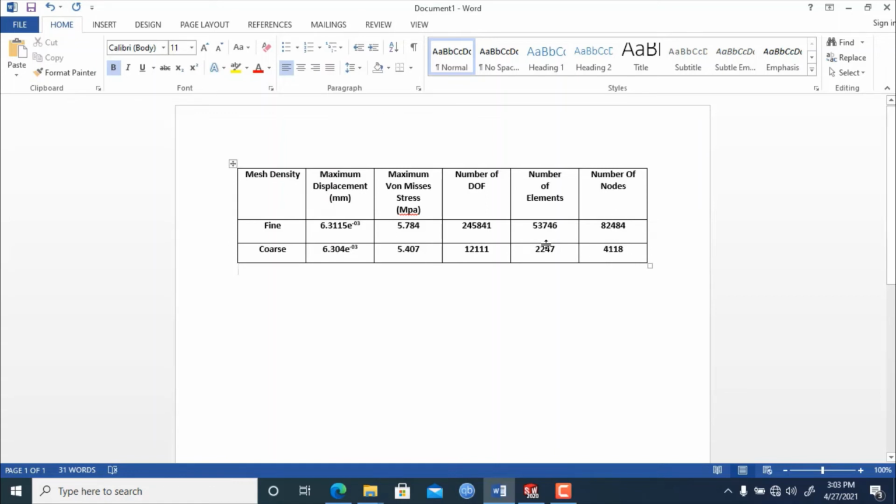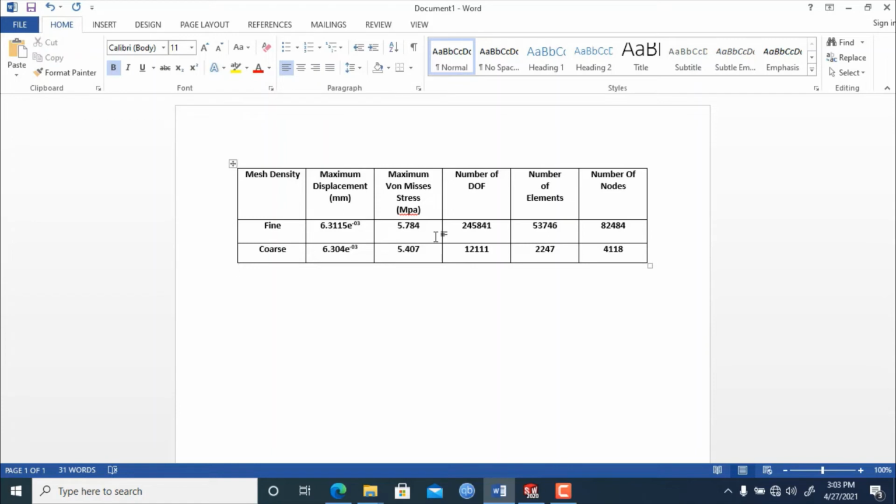For this number of elements, 4,118 nodes are created. So this is how mesh density changes your result. If we want to gain a more accurate result, the mesh density needs to be finer, and this will create a result that we can depend on.